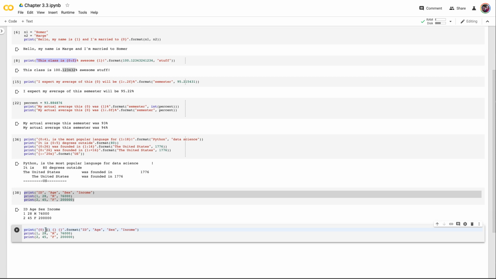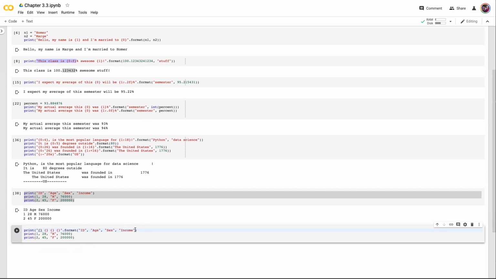I could put in 0, 1, 2 to refer to the order. However, I could also just leave it out, and it's going to imply put them in the order they show up over here. So what I want to do instead is tell it to use 6 spaces total for each one of these. Here I've got 6 digits on that one, so that should be enough to add an equal amount of space around. I guess I could have some people with 7 figures in their income. I'm going to assume that I don't. Let's say I've removed outliers from my data, so I don't have those. But this right here is going to say put,